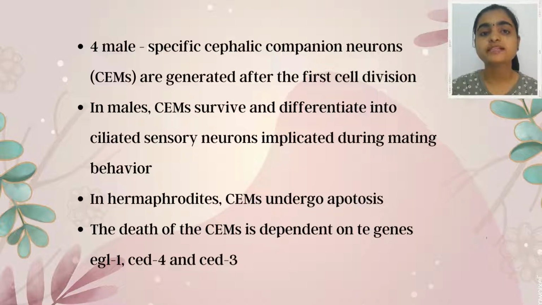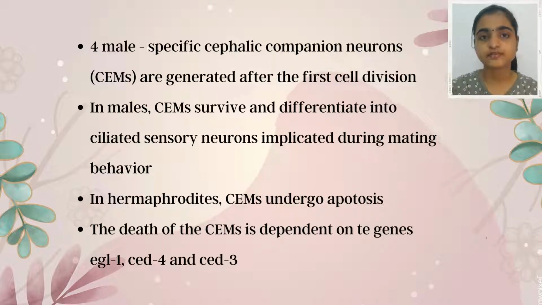The four male-specific cephalic companion neurons (CEMs) are generated around 320 minutes after the first cell division. In males, the CEMs survive and differentiate into ciliated sensory neurons implicated in mating behavior. In hermaphrodites, however, the CEMs undergo apoptosis around 150 minutes after being generated,